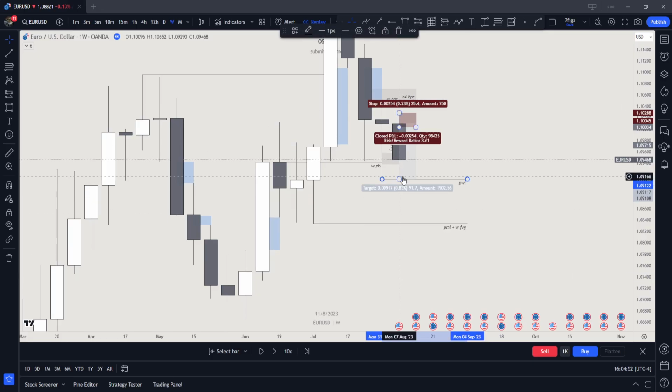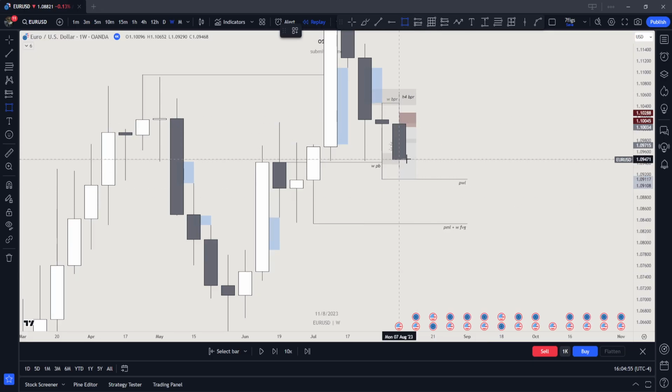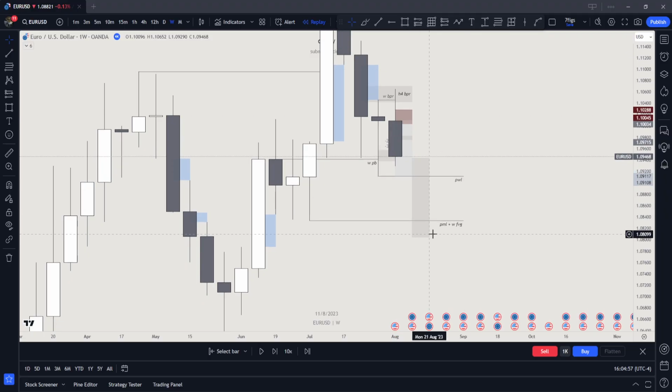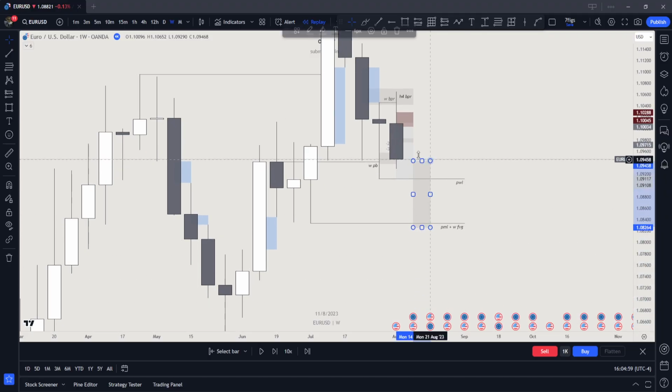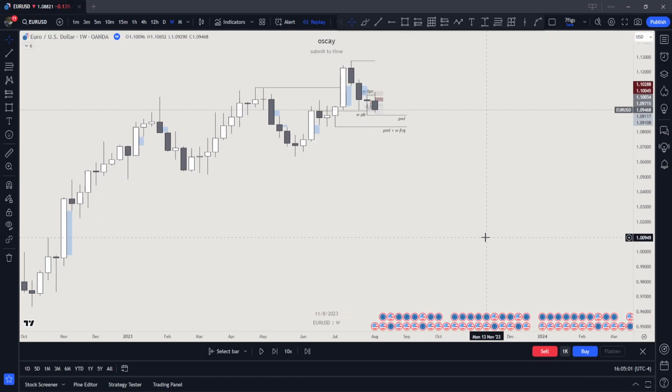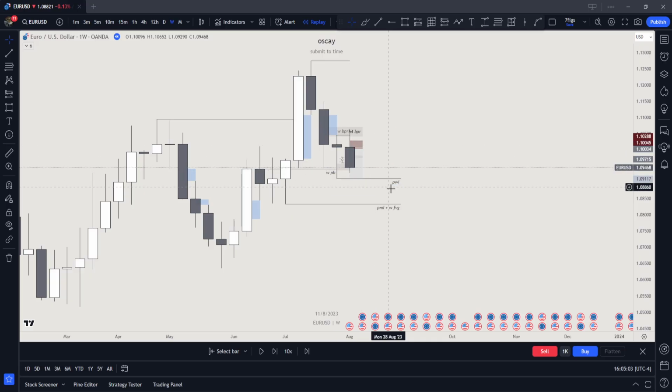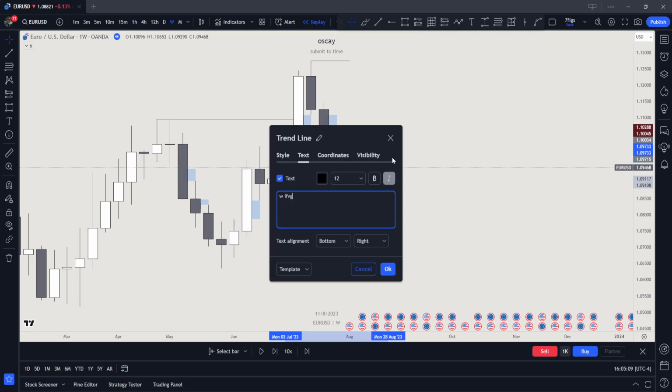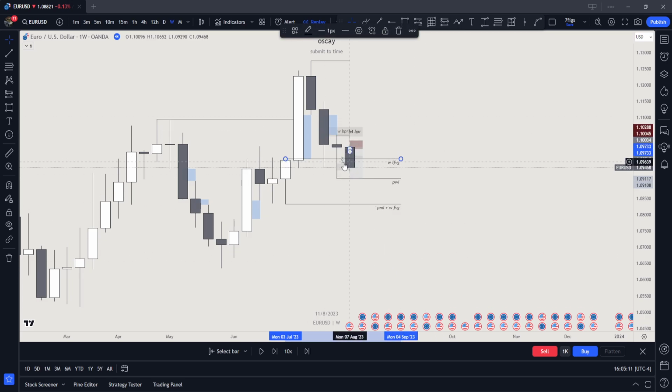Obviously, the monthly move is set. So I'm expecting 2 candles like this to end the month, downwards. What do we want to see? We want to see a manipulation upwards and then go down. Where can we go up to? This inverse fair value gap is a nice array.